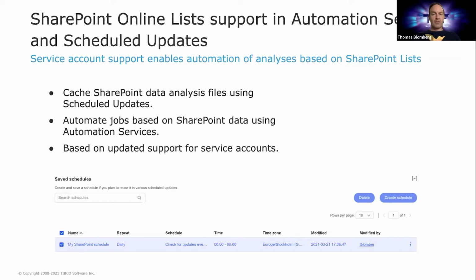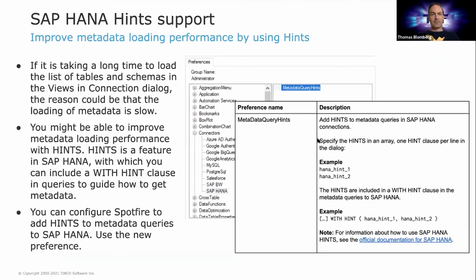So we have done a lot of new enhancements to achieve this. Please review the documentation on how to do it, because there are a few steps you need to go through. It's not hard, but there are a few steps you need to complete to use this. And it means you can cache SharePoint data analysis files using scheduled updates and automate jobs like you're used to using automation services. So really powerful as always, but refer to the documentation on how to configure it.